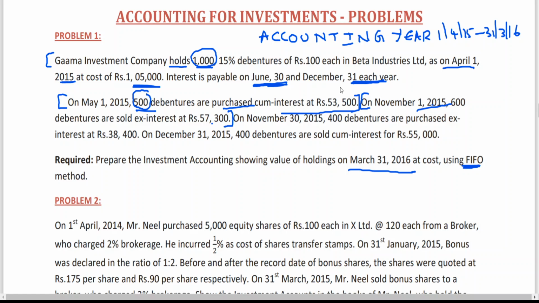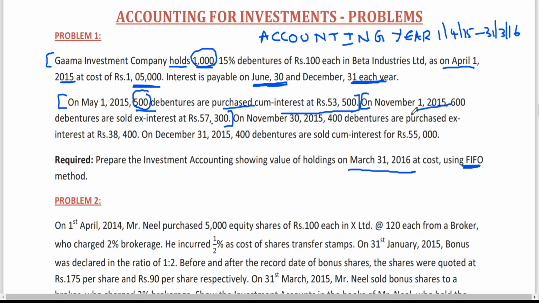Is this clear? So I have to calculate interest. That interest I am going to get from the buyer, but that interest will be taken to the income column, and that interest portion will never affect you to find out profit or loss. So let me go for accounting the timeline.